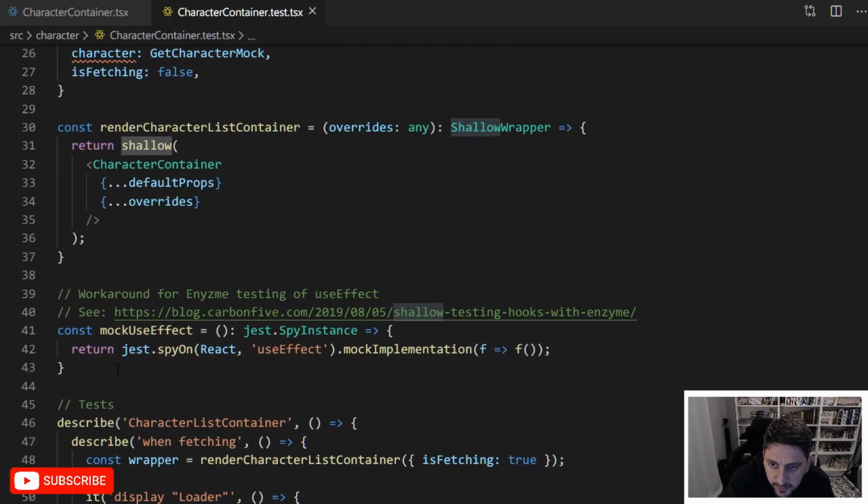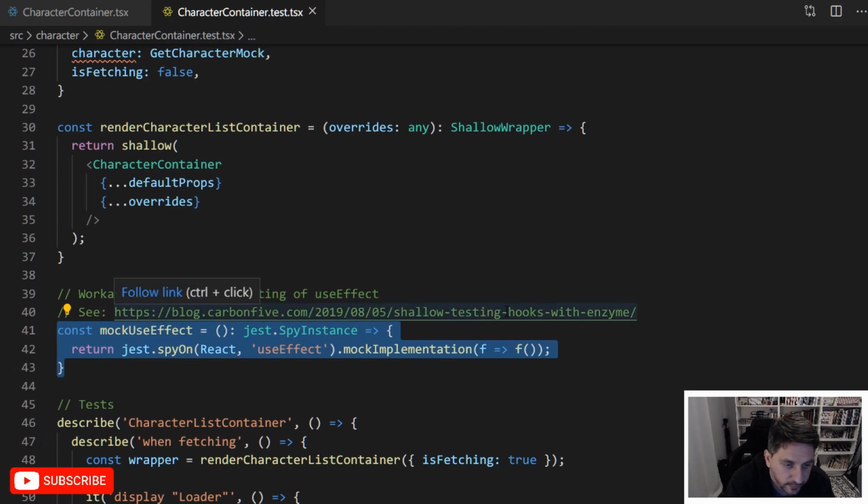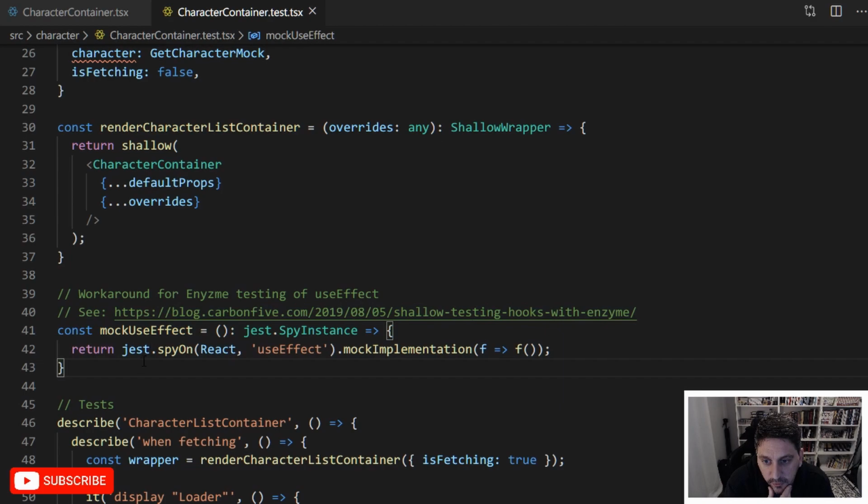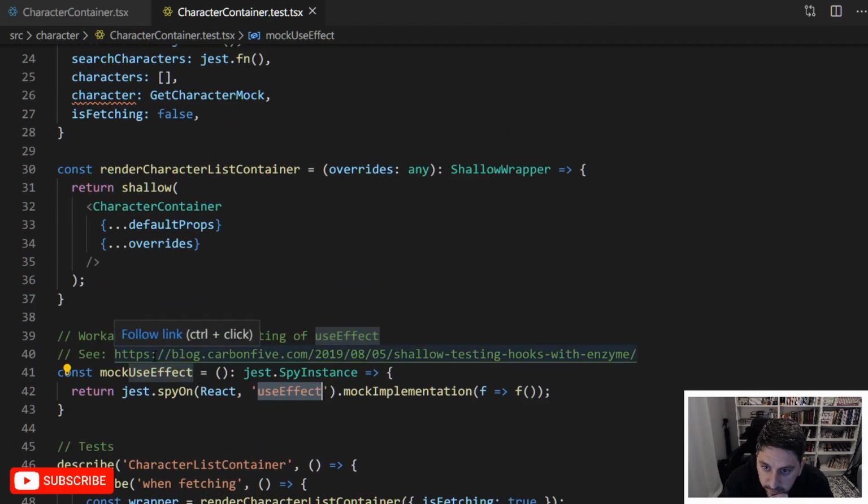So I've added mock useEffect, and again, there's a link in the comments here, and I'll put it in the video, to the article that describes exactly why you would do this. But basically, you're spying on React and then providing a mock implementation for useEffect, and then